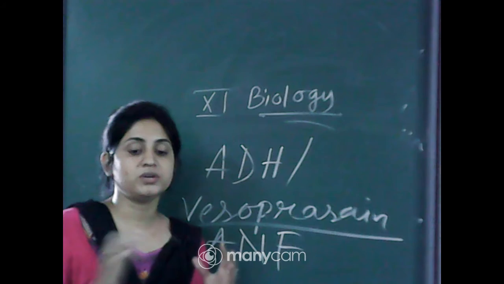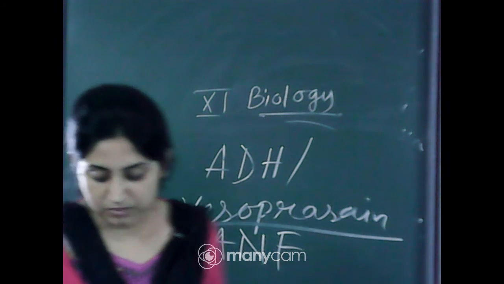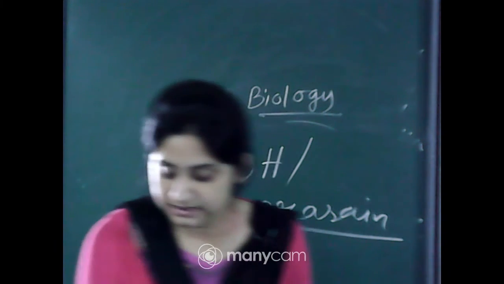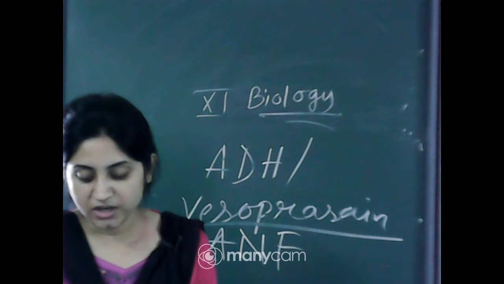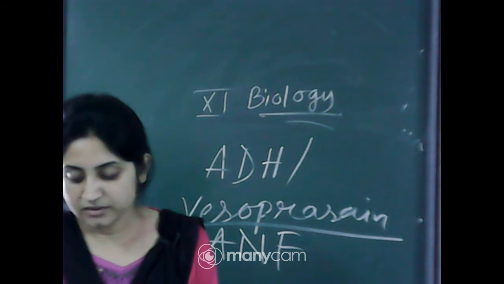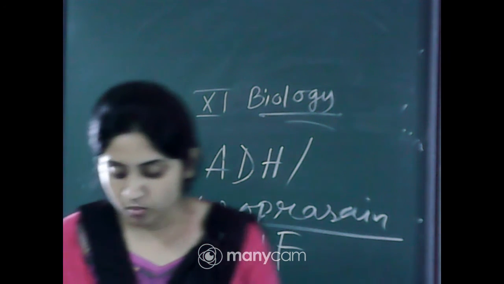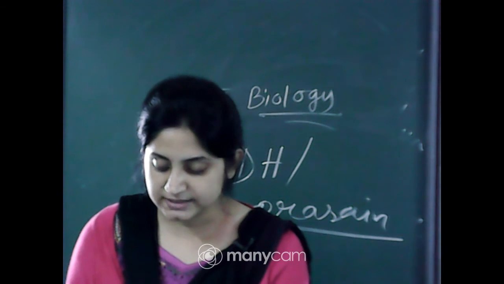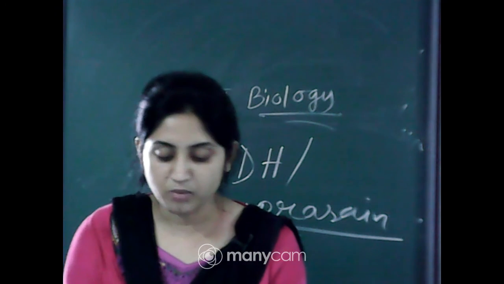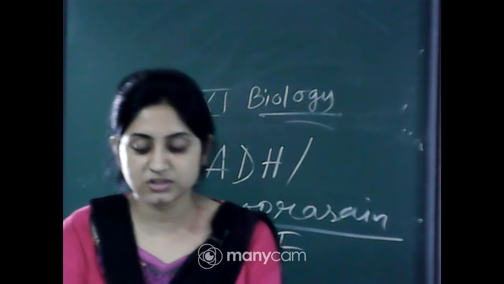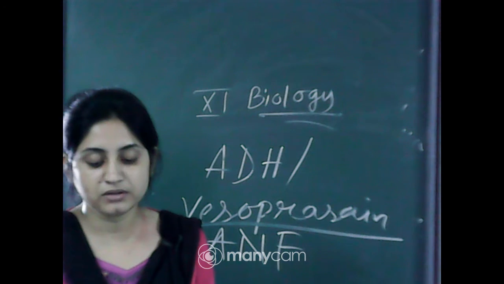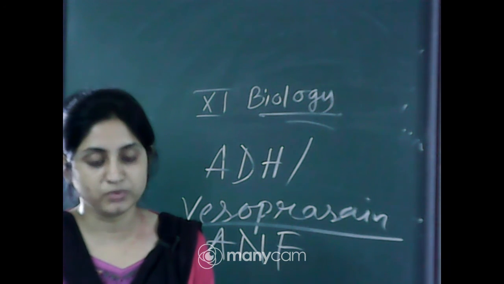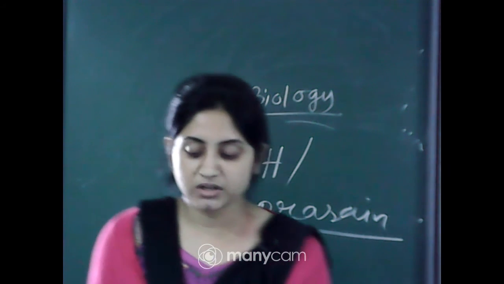When urine is stored in the urinary bladder, a signal is sent to the central nervous system. This signal is initiated by the stretching of the urinary bladder as it gets filled with urine. In response, the stretch receptors of the bladder wall send signals to the CNS. The CNS passes on a motor message that initiates the contraction of the smooth muscle of the bladder and simultaneous relaxation of the urethral sphincter, causing the release of urine. The process of release of urine is called micturition.